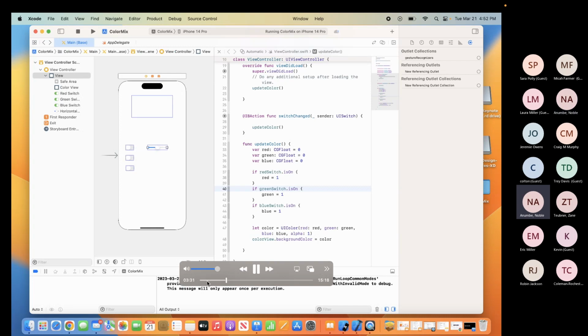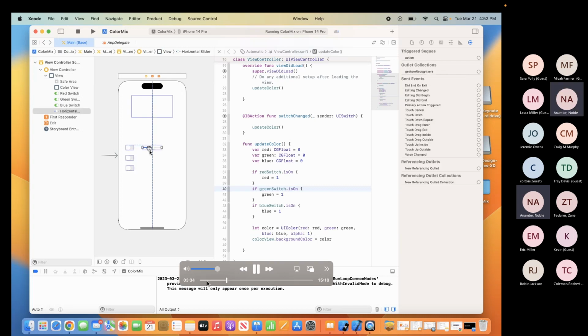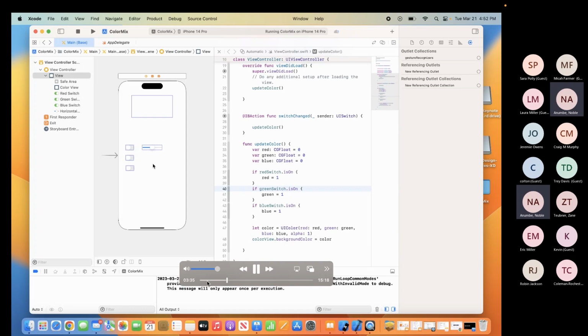Once you have your slider, maybe move it closer, and you can use the guidelines to keep yourself proportionate. Then I want to duplicate the sliders